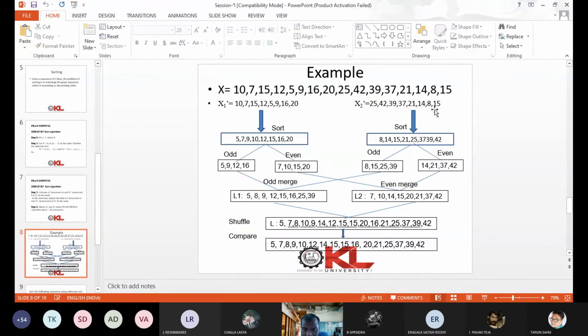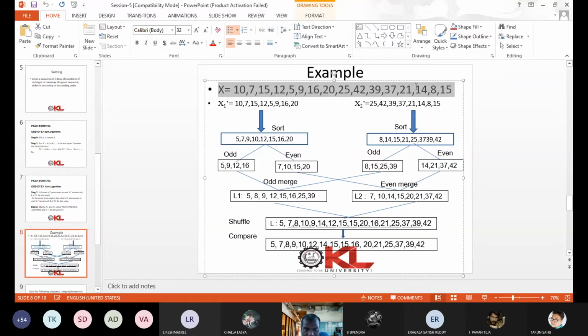If n elements are there in the given list X, the first n by 2 elements come into x1 dash, and the second n by 2 elements come into x2 dash. Now we have two lists. First list is 10, 7, 15, 12, 5, 9, 16, 20. Second list is 25, 42, 39, 37, 21, 14, 8, 15.